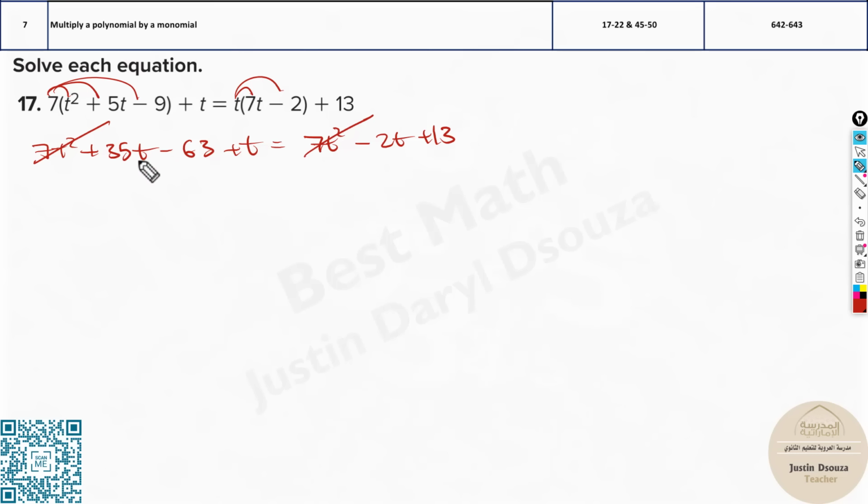Which is the highest t? It's 35, positive. This is also positive. So totally 36 is on one side, positive. This is negative, it's smaller. So the smaller one moves to the other side. It'll be 35. Sorry, it's 35